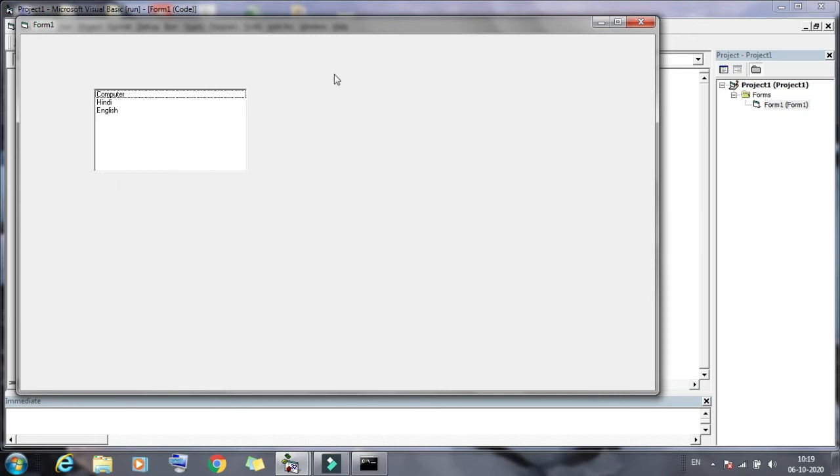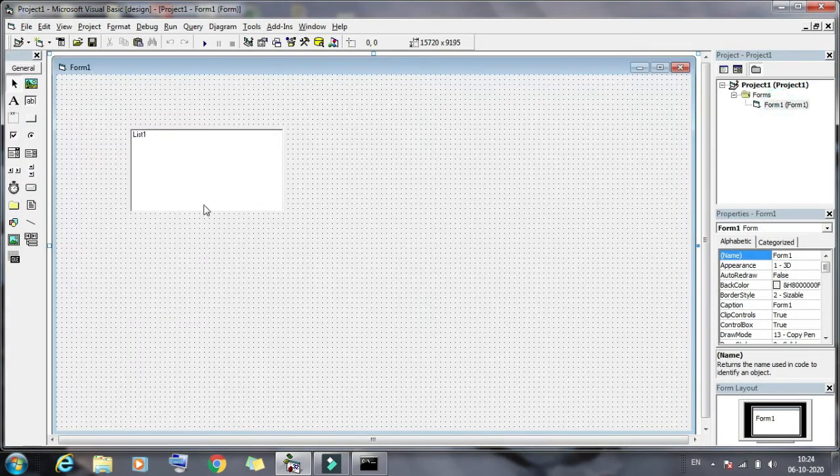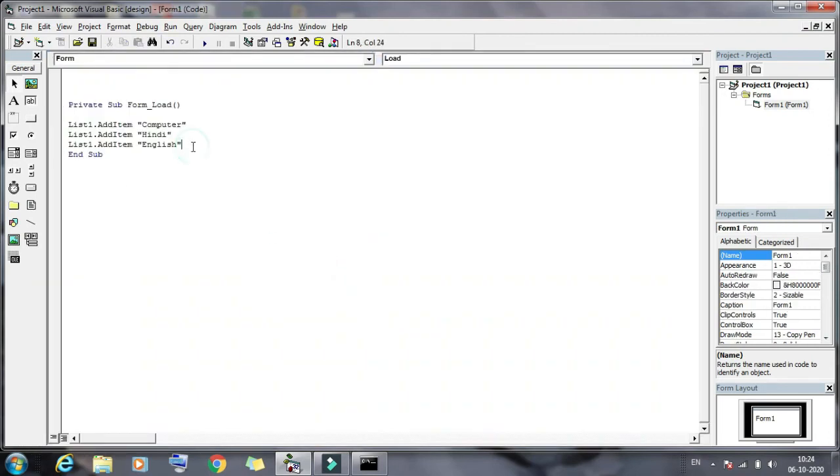Then we will use the combo box. And what is the difference between the combo box and the list box? Now we will insert a combo box in this form. First we will minimize this window and go to the form window. This is the form window, and select this combo box icon. Drag the mouse on this form window, and then double click on the form again. Then here we will write the code for the combo box.